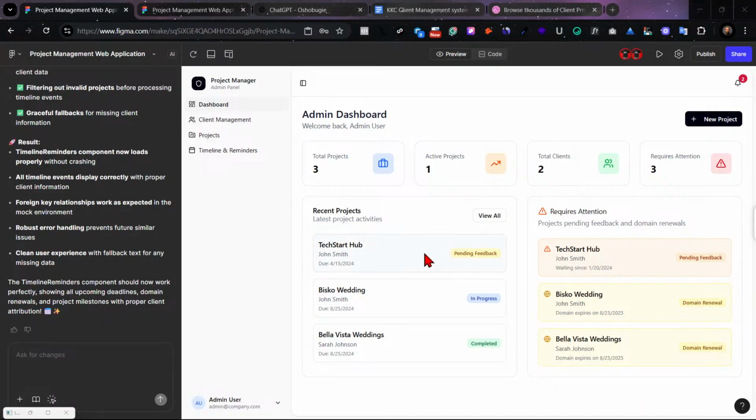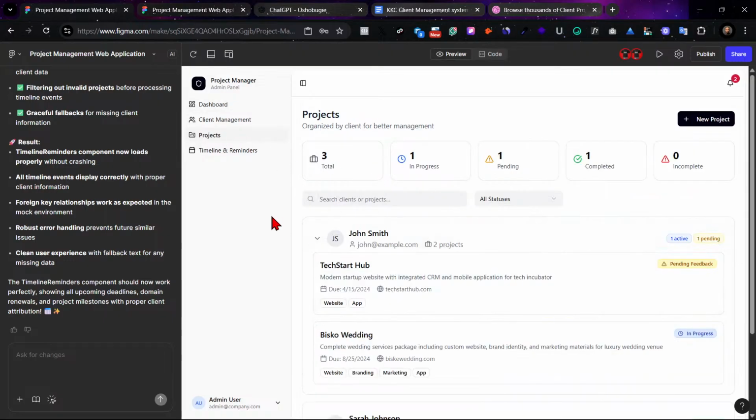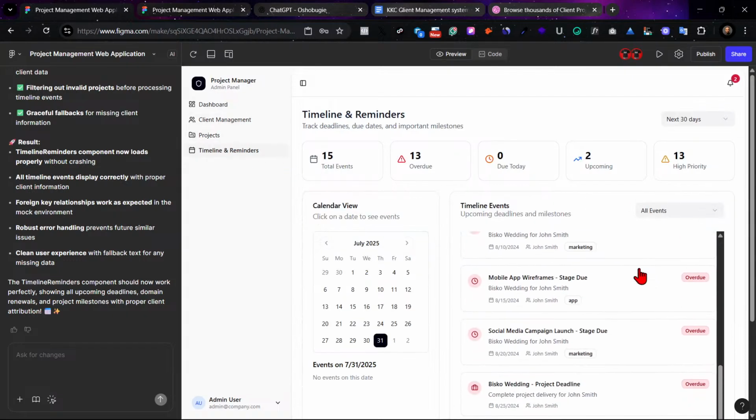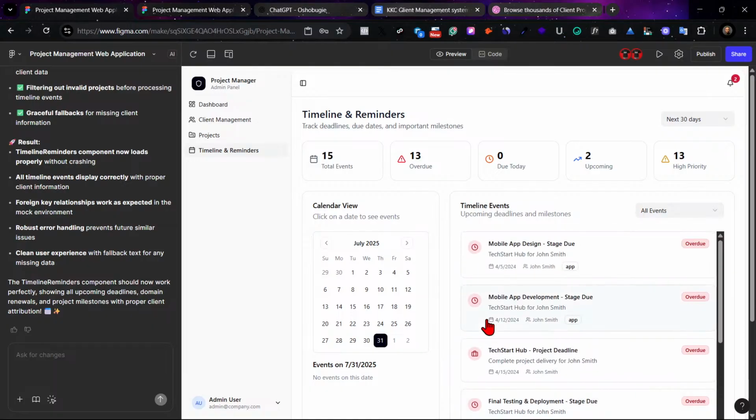Okay, so I think our dashboard is now looking sexy, right? We have our attention, domain expiring, everything is here. Project, we can view all, it takes us to project, and we have this drop down so we can see this accordion. I think this thing is low-key listening to me, and if it's listening, not bad. Okay, so this thing here, I don't know what it's doing,